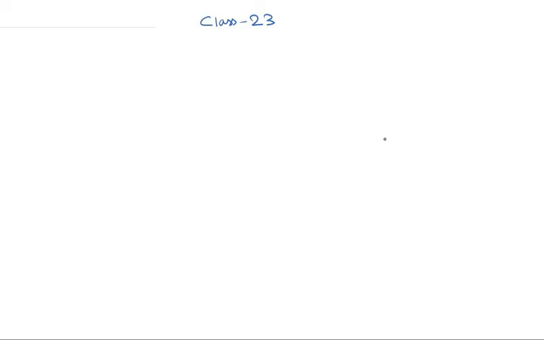So we are discussing the small signal equivalent model or the AC model for the transistor. And remember that the small signal equivalent model is only valid when the amplitude of the AC signal is small. Okay, the amplitude of the AC signal or the AC current is much lower than that of the DC current or the DC voltage. In that limit this small signal AC model is basically valid.